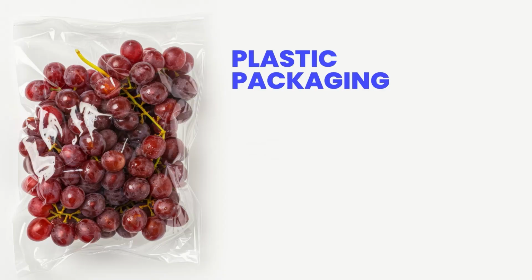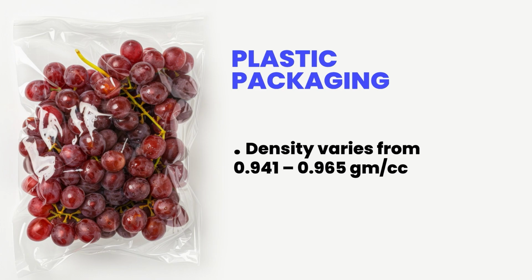The medium density polyethylene density varies from 0.926 to 0.94 gram per cc. HDPE, that is high density polyethylene, is better than LDPE in terms of its barrier property to moisture and gas. Its density varies from 0.941 to 0.965 gram per cc. It is opaque and can be used for boil-in-bag products, for cereal bags, and many other purposes.